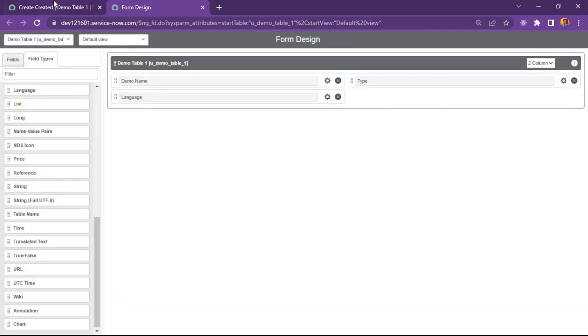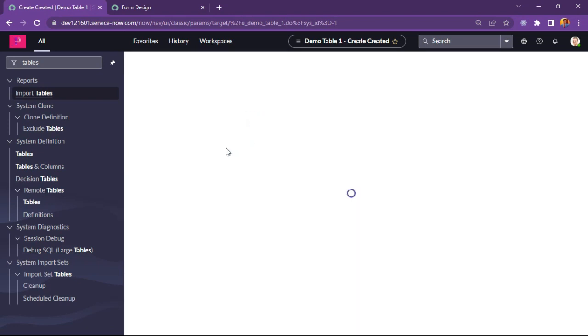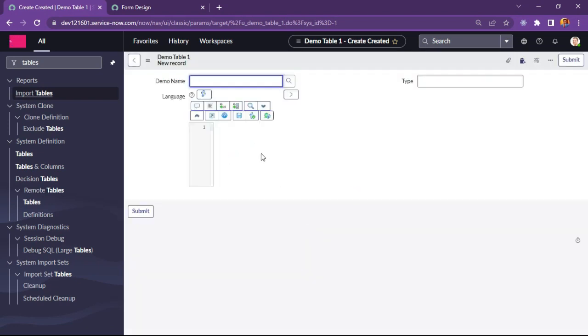Now let us view our form, how our form looks. So let me reload this table and see how our form looks. Now you can see it is divided into two columns and Type is added as a string field. Okay, so these are our features like how we can create a table and how we can create field